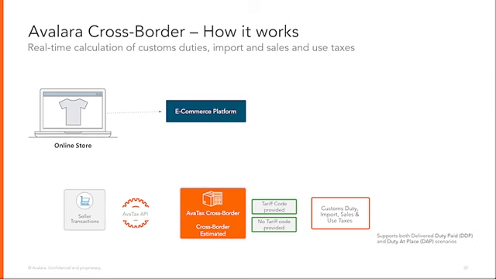So as a shopper goes through and is browsing for their items, they're going to add those items to their cart. Real time, as they're adding items to the cart, Avalara has all the nuanced rules, free trade agreements, all of the fun content behind the scenes of how that product is taxed in that specific jurisdiction. So as they're going through adding items to the cart, they put in their ship to address. Real time, we are calculating those duties and taxes, presenting them back into that checkout experience.